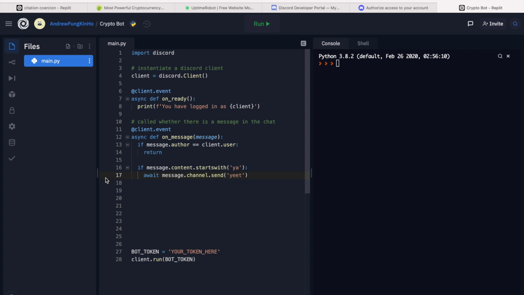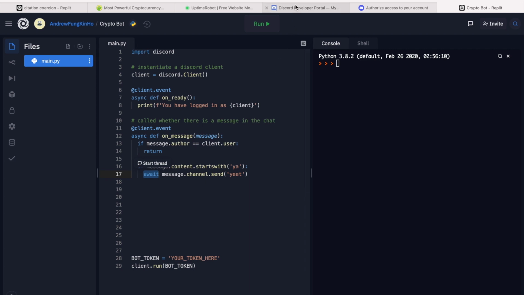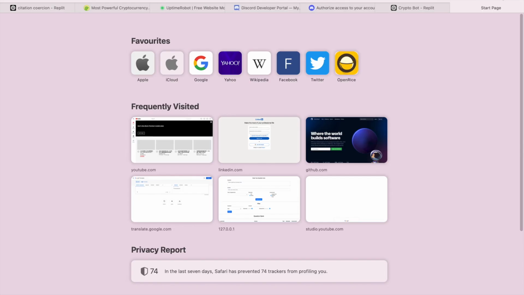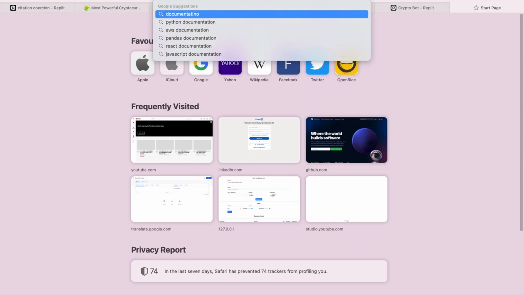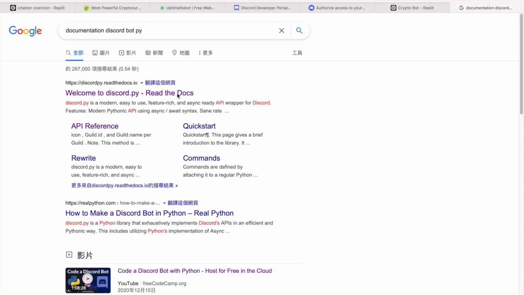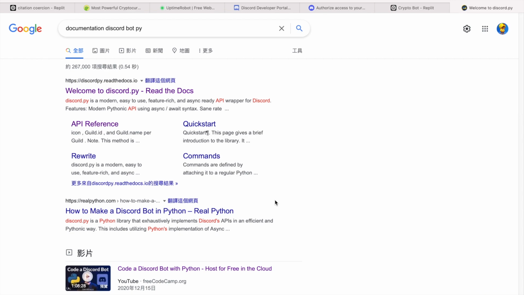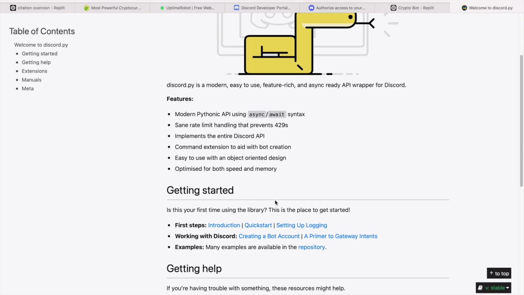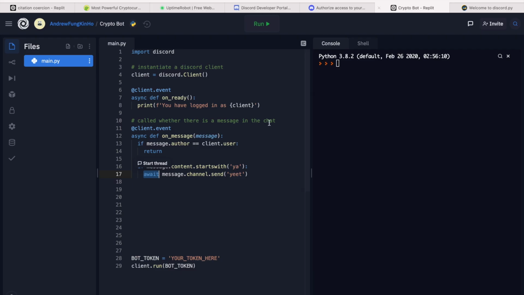Okay, so this async and await is very crucial because inside Discord you can check out the documentation on building a Discord bot. Actually, we can do that now. This documentation, discord.py. Usually inside the API references, most of the client events are async, which means you should wait for the Discord server to reply for you to send out the messages.